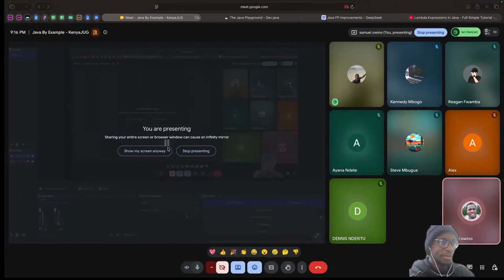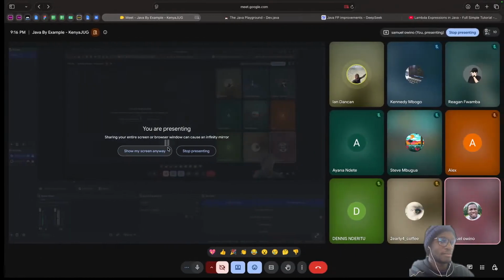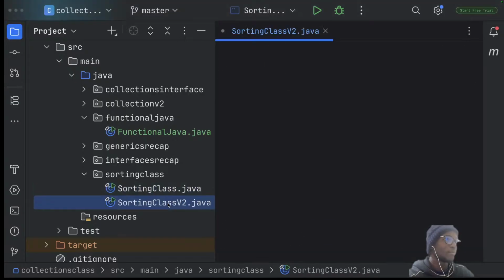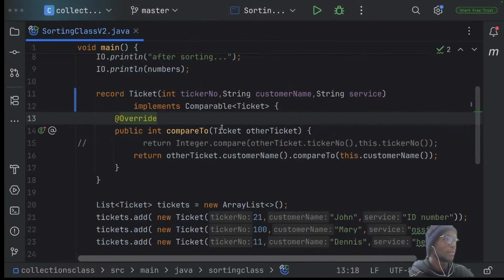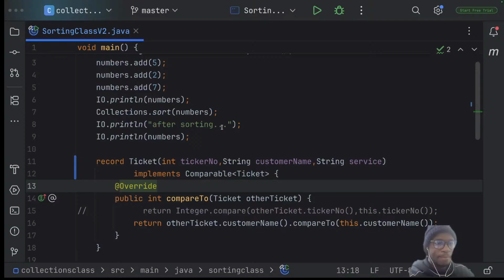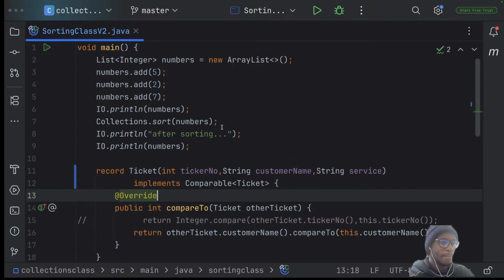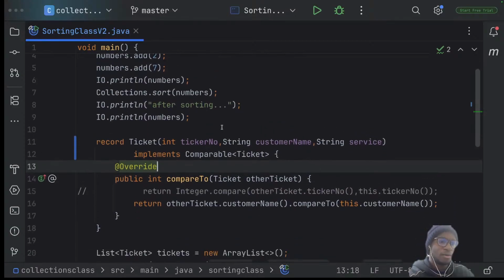Yes, question? Sorry, what's the difference between Comparator and Comparable? What's normally the difference? So